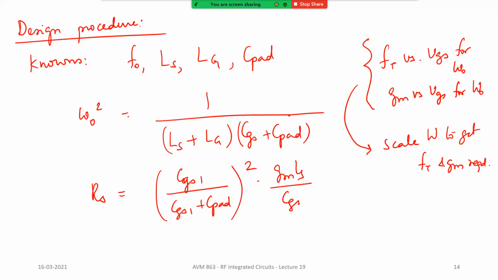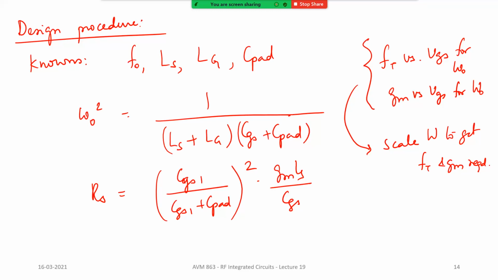Okay. So there is an example in the textbook. I would like you to go through that in detail. So this is just one way of doing these things, and please go through this. Okay, and you will get better clarity. And I will give you an assignment very soon where you will have to design either a common gate LNA or a common source with a source degeneration LNA. All right. So any doubts, any questions so far?